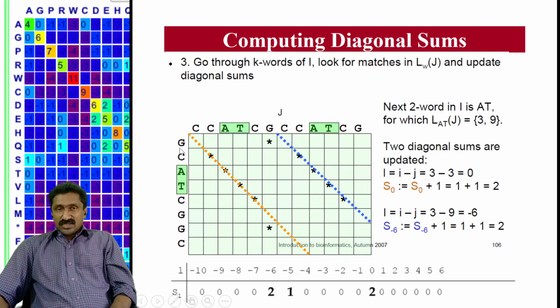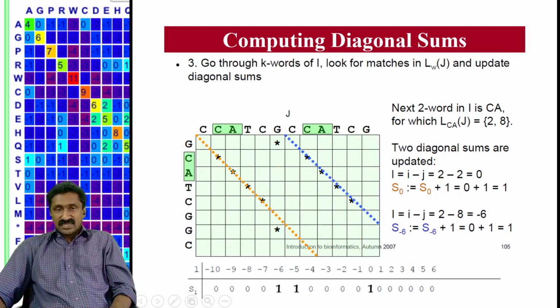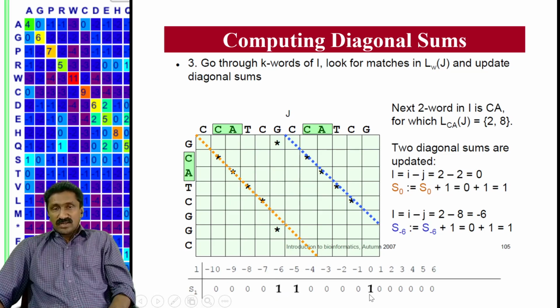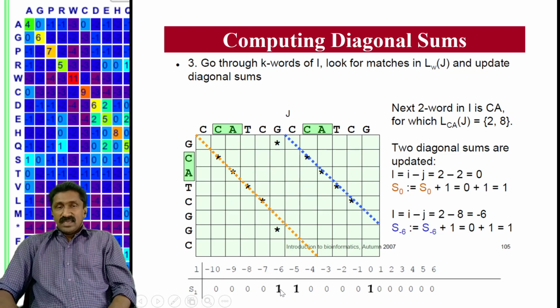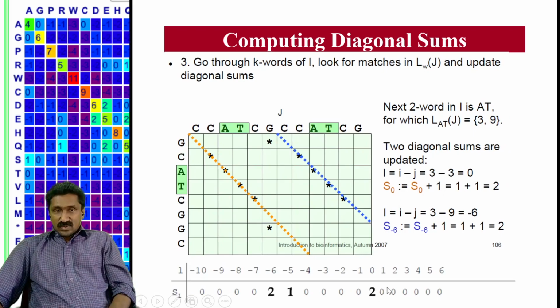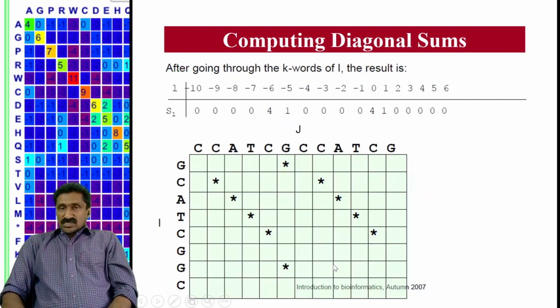Again you will continue. The third position, third word will be matched at 2 positions, and that will be added because here already we have 1 at minus 6 and minus 2 in the previous slide. You can see that the existing value has been raised to 1 at 0 and minus 6 here, and in the next step on the same positions again 1 will be added using this one, and that means the value is again raised at those points by adding 1 point each or 1 score each, and this process will go on.